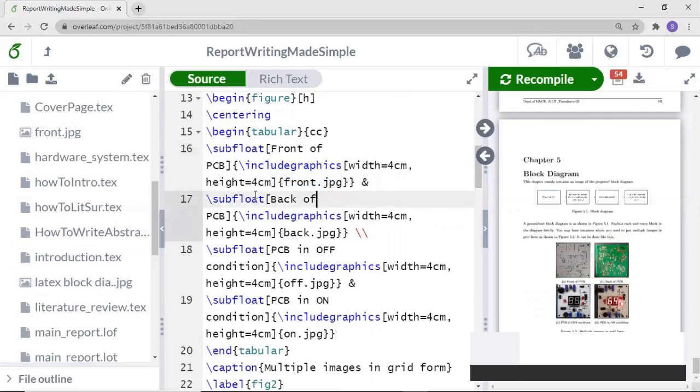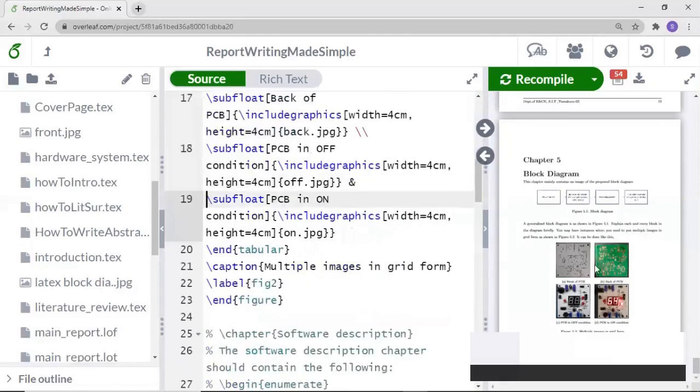Then in the same way, you have to include all these 4 images using the subfloat command. As you can see here, there is something like an ampersand symbol and backslash symbols. The ampersand symbol indicates that the next image should be right after that image, like this.